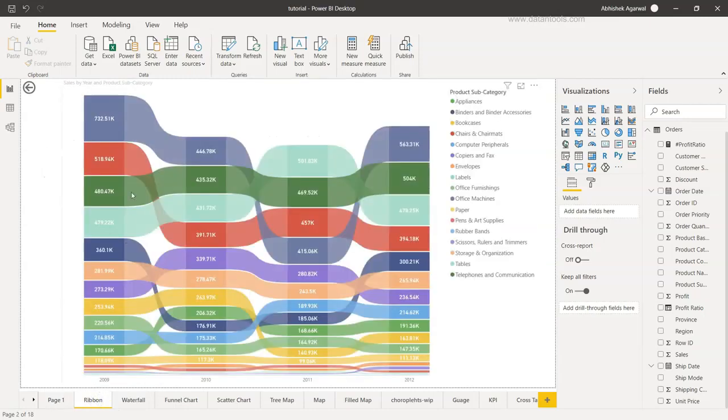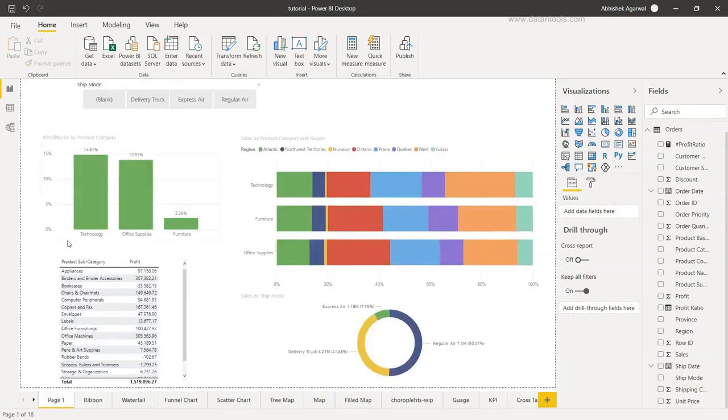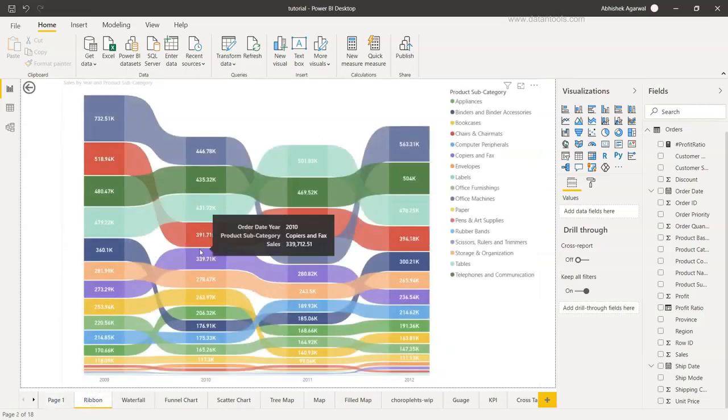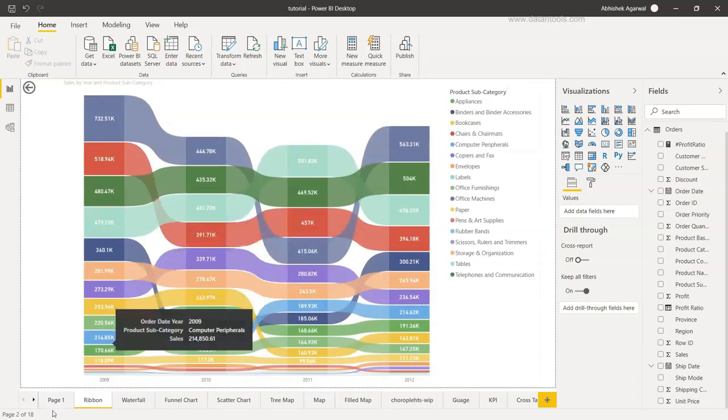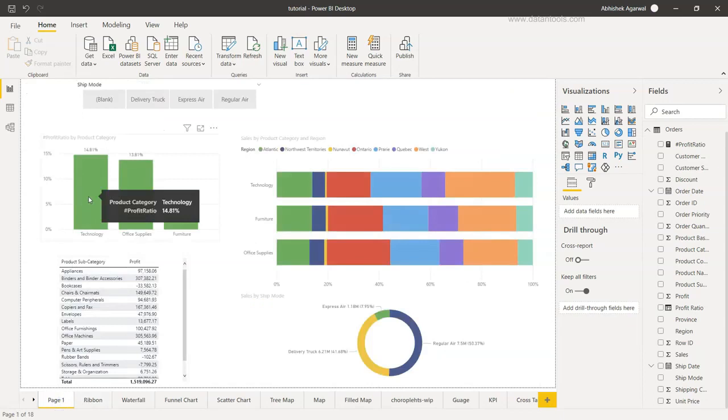The ribbon chart is nothing but the ranking and how the ranking has been over a period of years. And based on the selection we are making in this chart, we want to filter this particular chart, so that whenever the user wants to have an understanding,